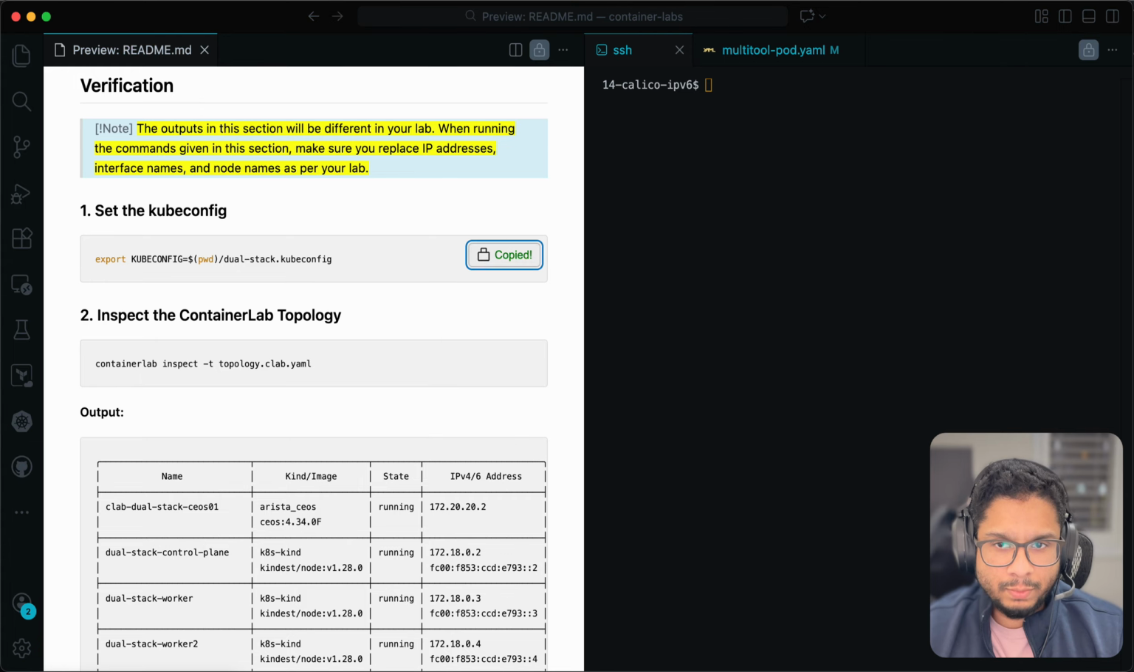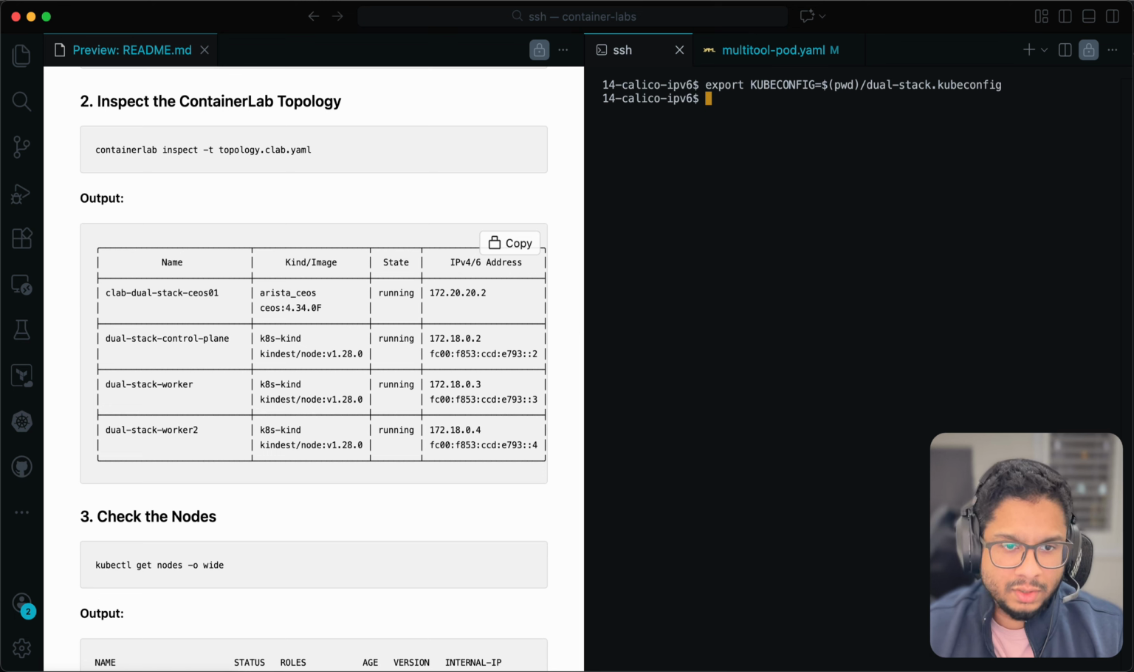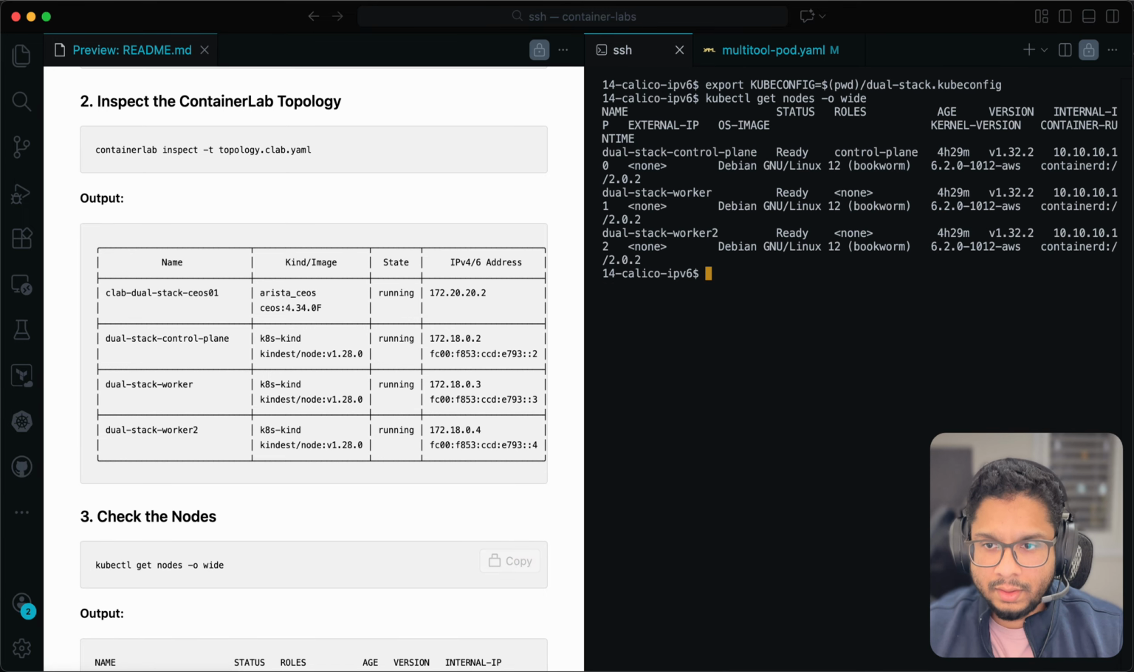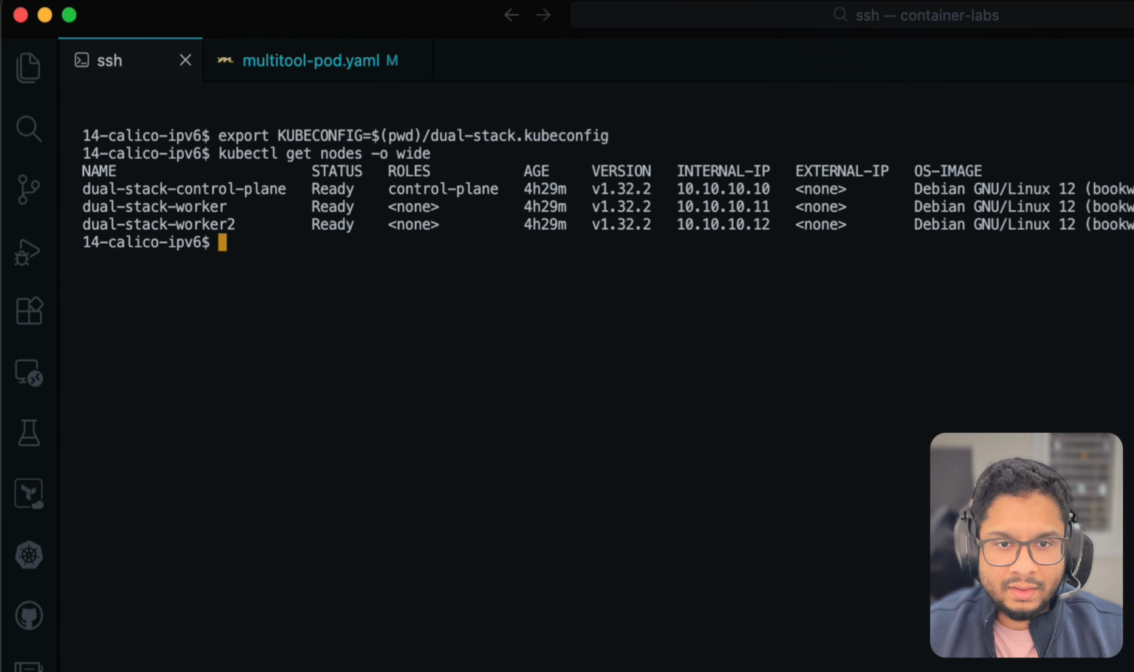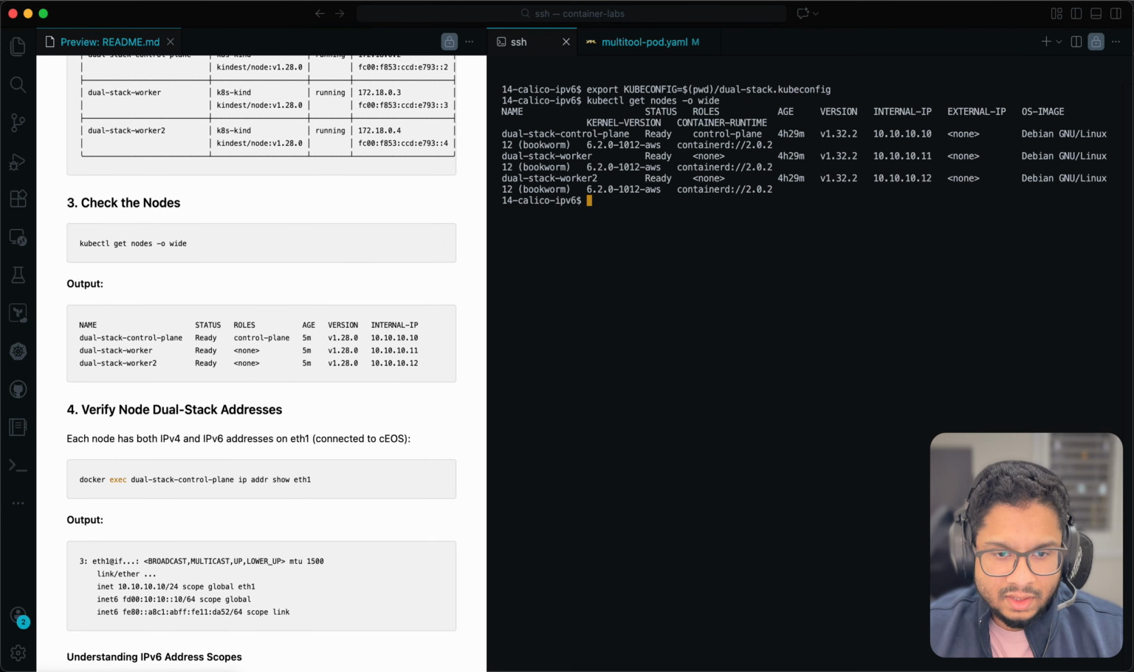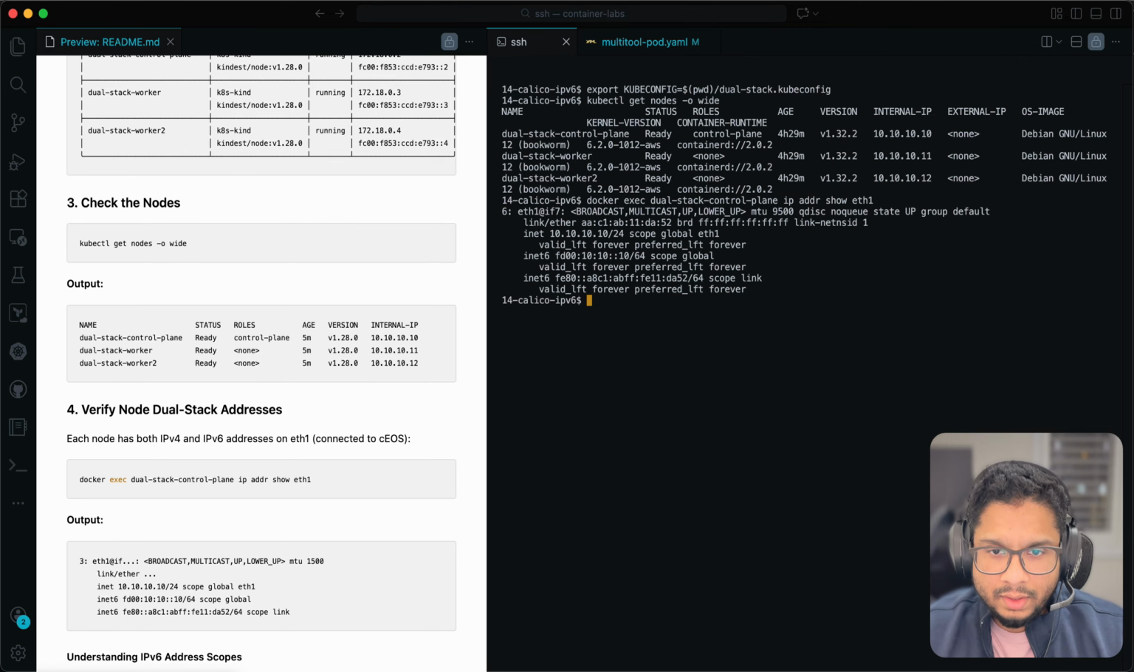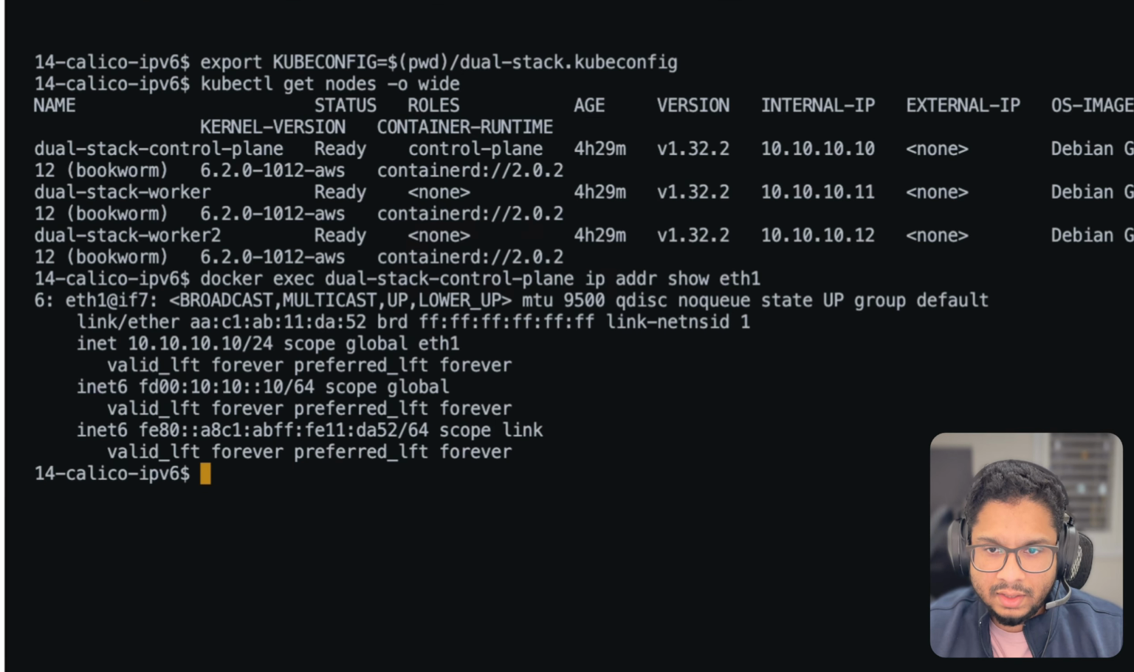these address spaces. All right, so once you've spun up the lab, go ahead and export the kubeconfig file for this lab, and you can inspect the lab topology. It's a relatively straightforward topology, very similar to what we've used in the previous labs as well. Okay, and if you do a kubectl get nodes, we have a 3-node cluster for this lab setup. And if you look at the internal IP addresses for the nodes, it's showing the IPv4 IPs. And if you look at the eth1 interface configuration, for example, in this case, in the control plane node, this